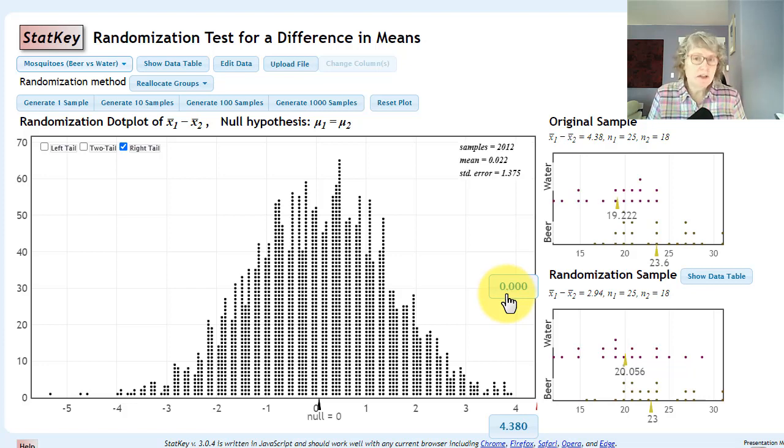Now, could it happen in another simulation? Sure. Maybe we get 1 or 2 out of 2,000. Still going to be a very, very small chance, right? So our p-value is actually 0 in this case. Now, I just also wanted to change it to